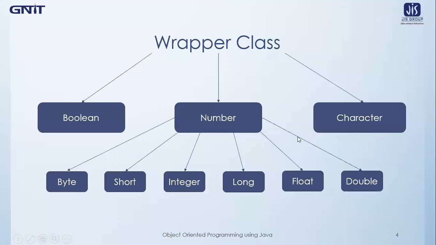Now let me show you a small example program to show how you can add two numbers, where the numbers are passed as command line arguments. That means the numbers that we pass will all be converted into strings. So if you want to add them directly using the plus arithmetic operator, that will just do concatenation of two strings, nothing else. But that is not at all desired. You have to convert the strings back into their original data types in order to do the operations. So let us do that program now.